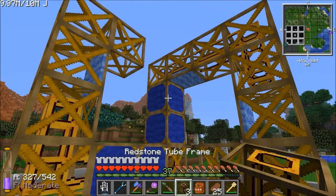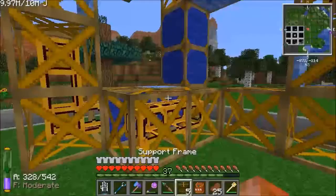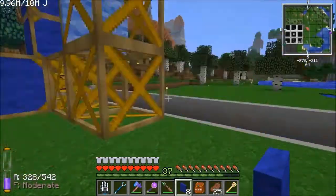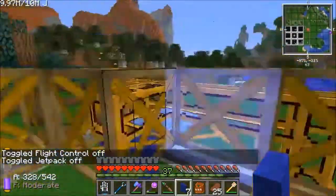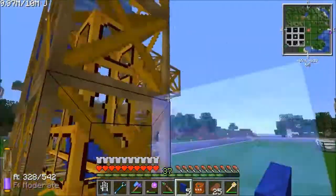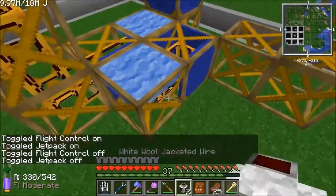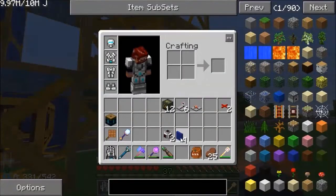Next we want 3 more of the froobs, and one of them goes there, and we want one there and one there, and we want a normal support frame just there, and onto that we need 5 more panels. We want a panel there and one on the back. I'll just turn my jetpack off, a bit easier. And we want one on the front side of that, and again one on the back where the gap is there, and we want one on the top of that guy like so, and we want our last slidey cover just there. Next, our last 4 frames go 1, 2, 3, 4, and they want our last 4 panels,